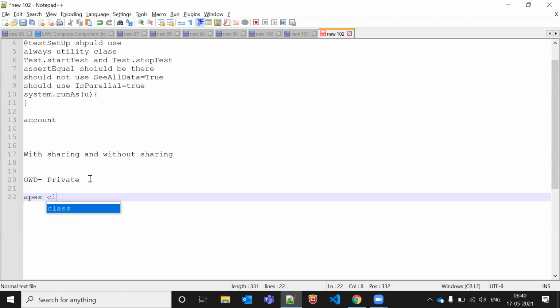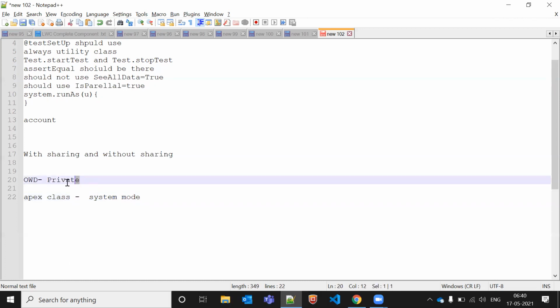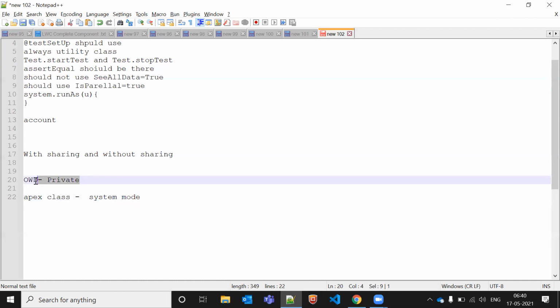By default, an Apex class runs in system mode. System mode means it's not user mode, it's totally open. Whatever restriction you implement will be overridden.